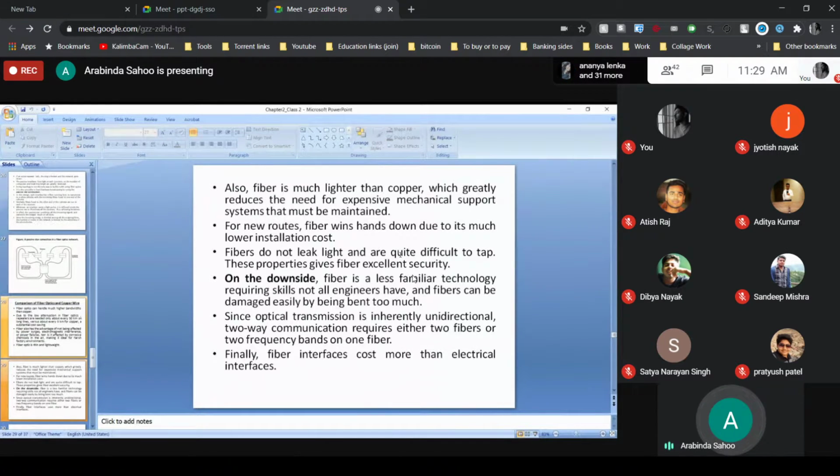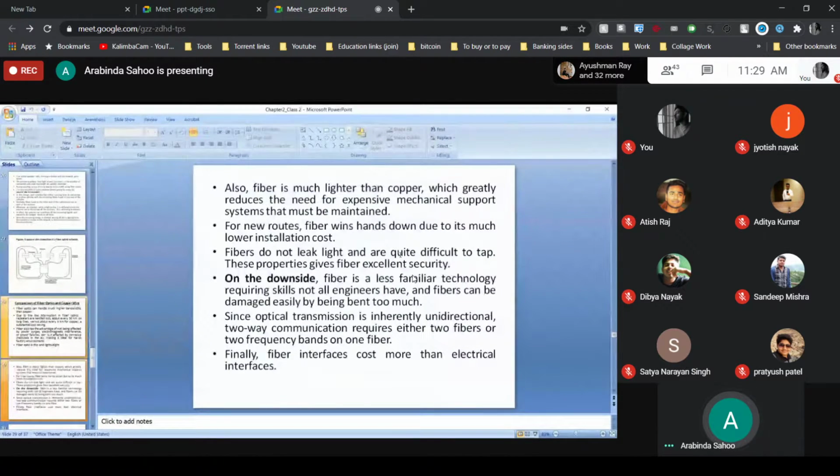Okay, it is costly as compared to your copper wire. Suppose one is using laser light to transmit, another one is, suppose, an LED, as we discussed in the last class. So this matching or tuning of the wavelength is necessary. To tune this wavelength, we require different interferometers, which are costly as compared to your electrical interfaces. So these are the disadvantages associated with fiber optics as compared to copper cable.